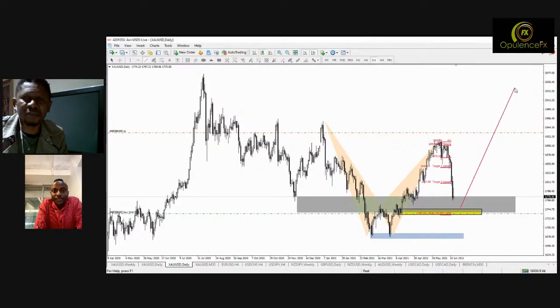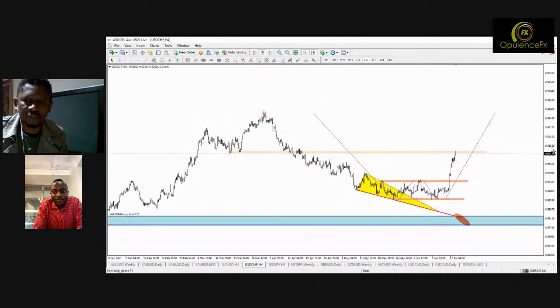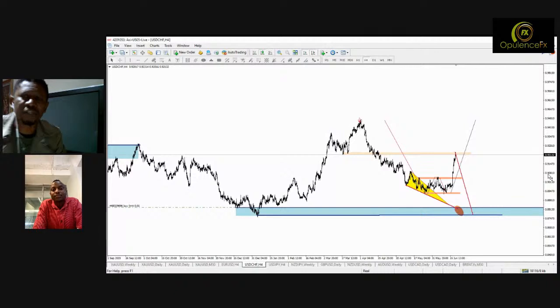If this scenario plays out, then that GBP/JPY, GBP/USD scenario of yours will definitely play out. Absolutely, because it means that the dollar needs to make some new lows. Remember, if gold can make new highs, then the only way that could happen is that the dollar must make new lows. So this is the dollar Swiss franc. It should drop from this point and make new lows. It must come and make new lows before it can go up.